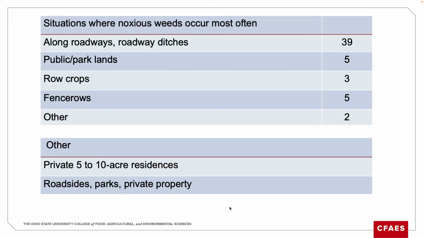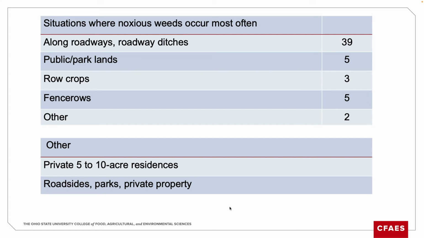Situations where noxious weeds occur most often, not use of the law, but just where are they seen most often. And as you'd predict, along roadways and roadway ditches and things like that, in areas that aren't kept free of vegetation all year necessarily, or there's control implemented periodically, and you can see them there. Obviously, if you have land that's back on the other side of a woods or something and no one can see, and you have noxious weeds, no one really sees it or cares. But you have a lot of areas like this where they're a problem, and they like to grow there.